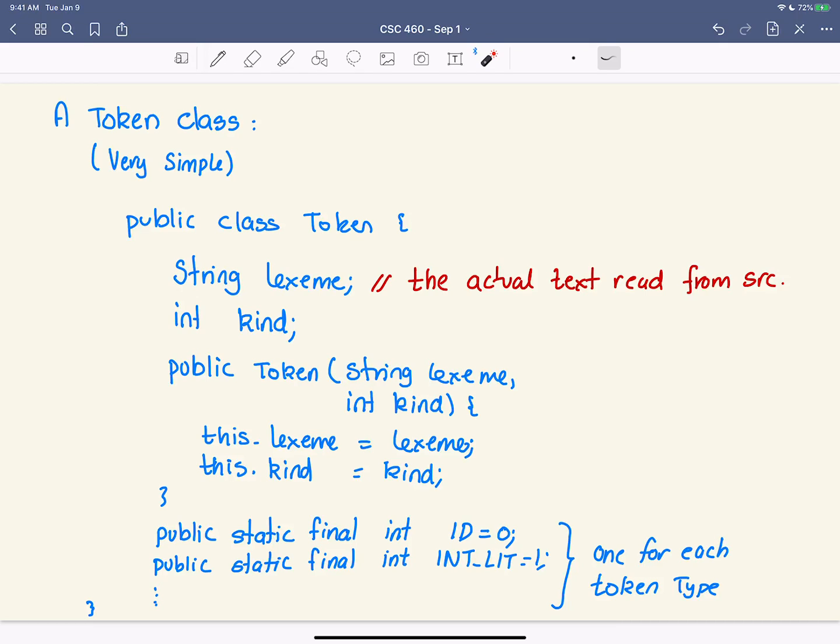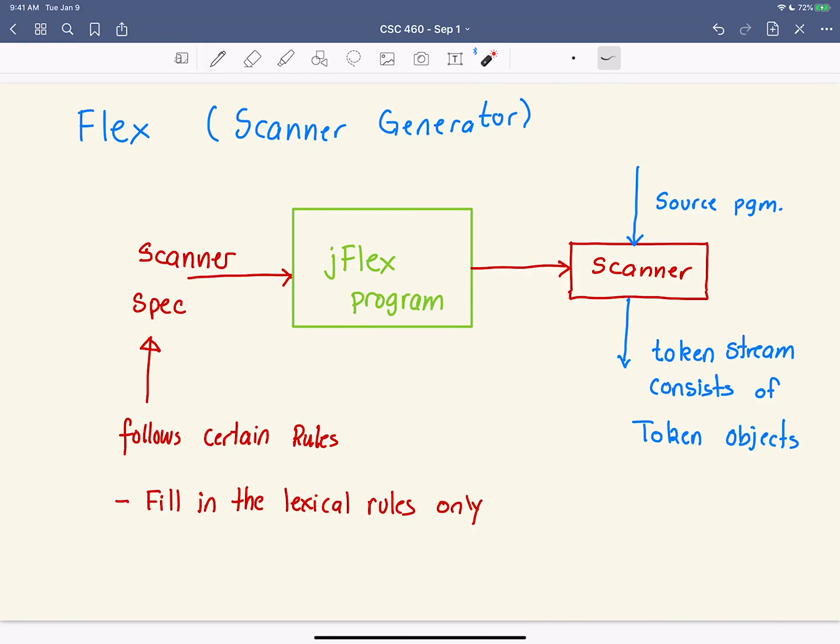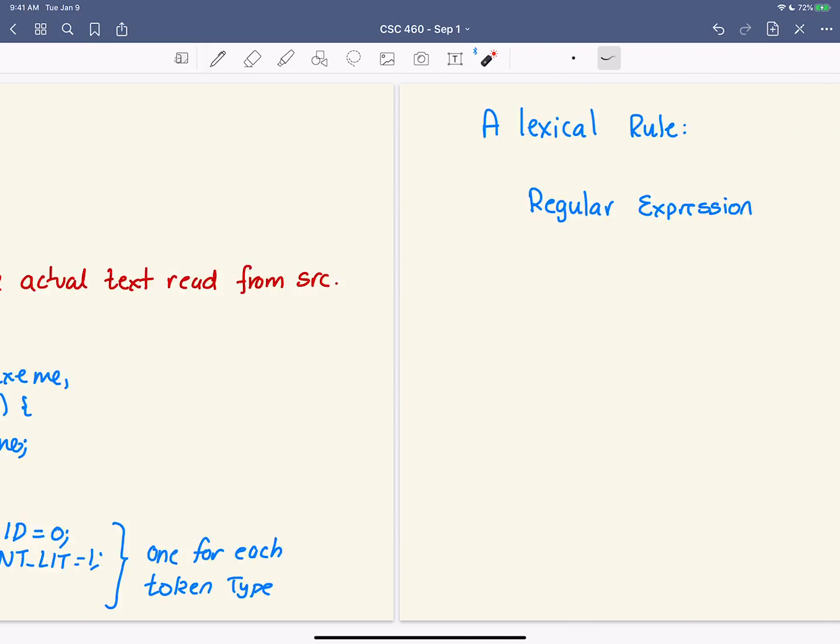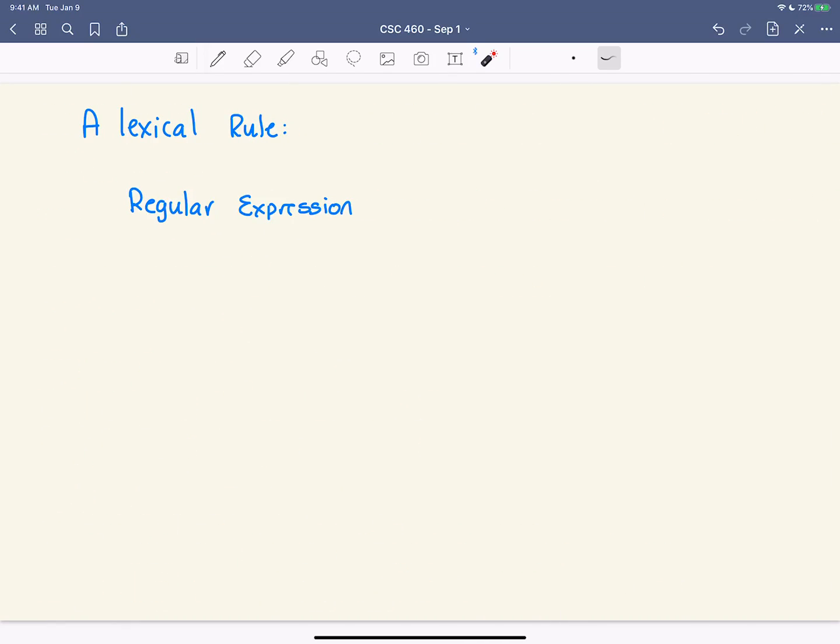Right. So here's my token class. We know that we're generating token objects. So we need a regular expression, and this is my lexical rule that we're back to now.